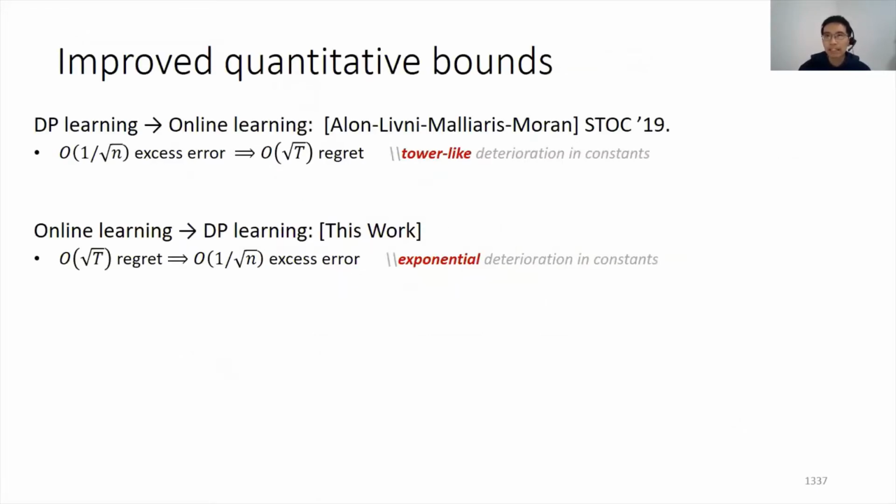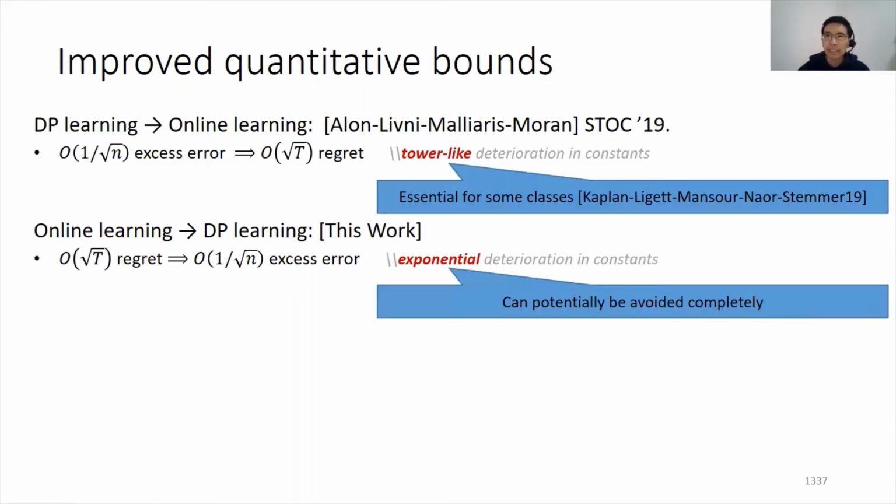Our equivalence between online learning and private learning exhibits tight asymptotic dependencies on regret and generalization error. However, the big O's here hide quantitative gaps that are significant at finite sample sizes in the private PAC setting and at finite time horizons in the online setting. For instance, the conversion from private learners to online learners hides a loss in parameters that's a tower of exponentials. Yet this loss turns out to be inherent, even for the simple class of one-dimensional threshold functions. Our work's conversion from online learners to private learners, meanwhile, incurs an exponential loss in the Littlestone dimension. But as far as we know, this loss could be eliminated entirely.